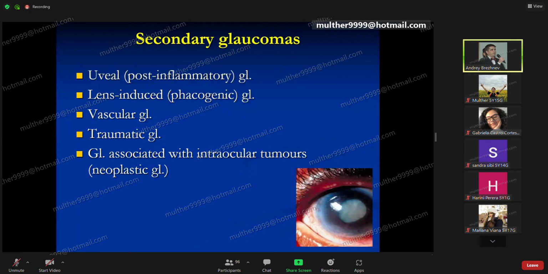vascular glaucoma, for example, after the thrombosis of the retinal vein, traumatic, post-traumatic glaucoma, it may be after contusional or perforative injuries, doesn't matter. Glaucoma associated with intraocular tumors, the so-called neoplastic glaucoma. Uveal post-inflammatory glaucoma